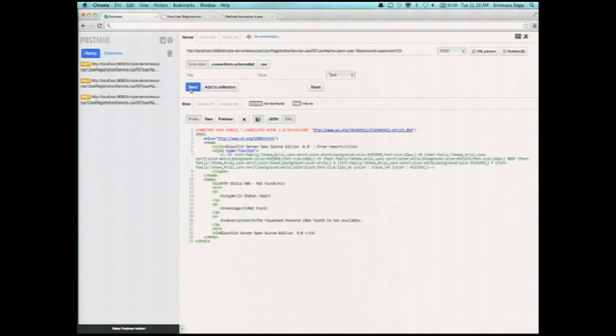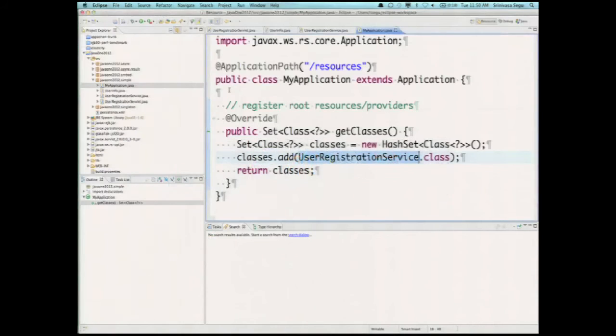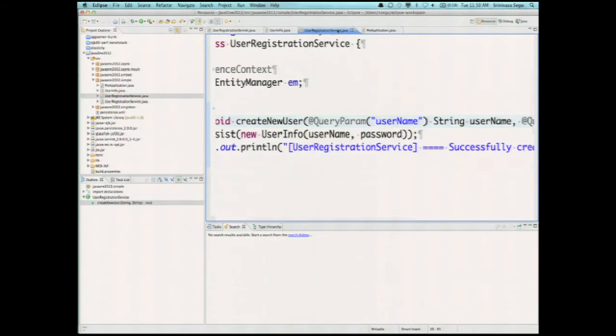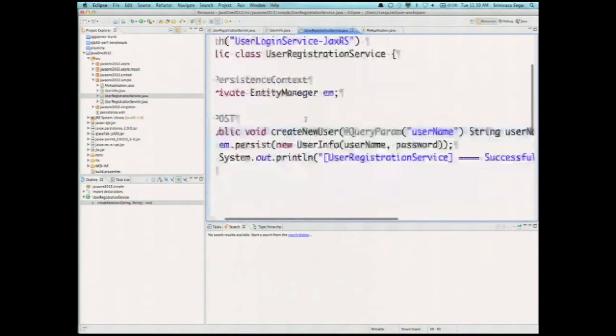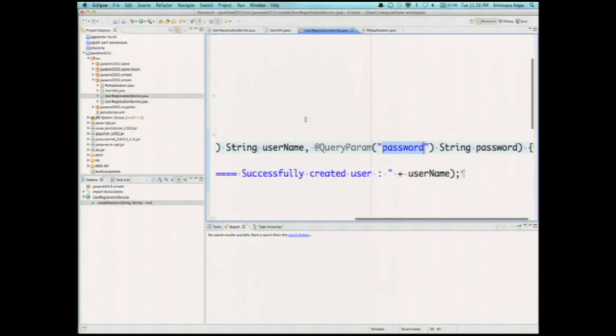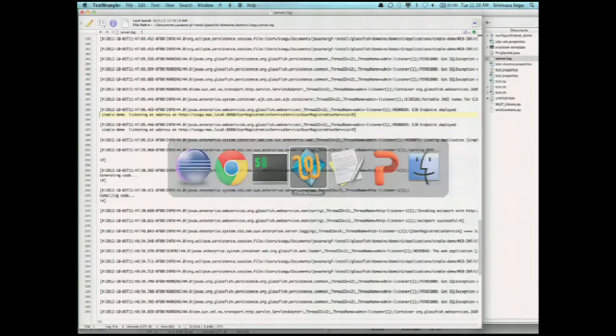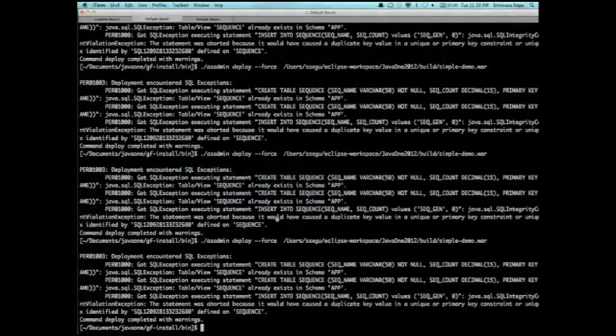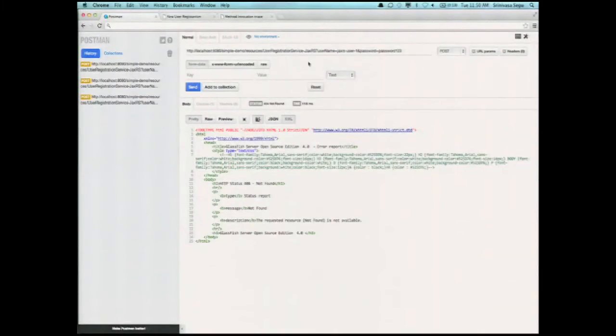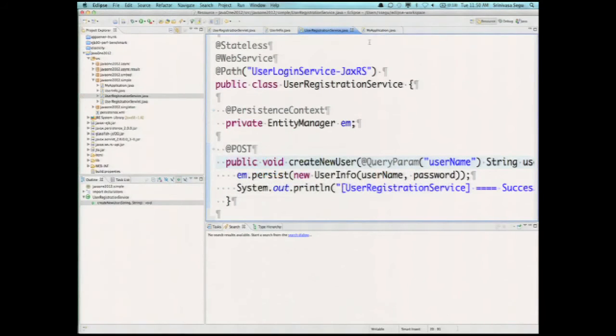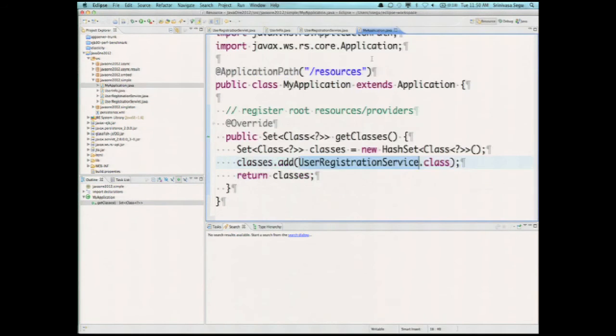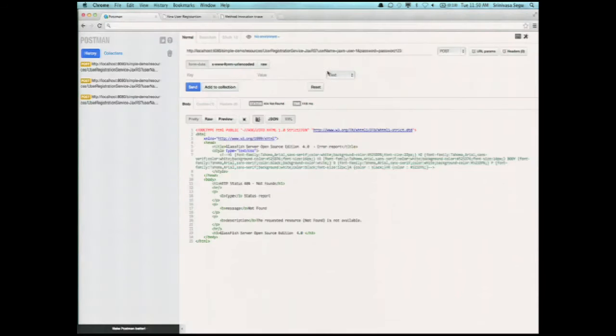No? Did you get the resources? I have the application path, I have the user registration service here. Okay. Hang on, let me see. Did you get the resources in the URL? Let me see if you have the user registration service. Okay, do I have resources here in my application? Yeah, I have resources here. So